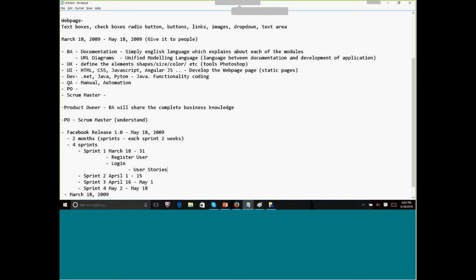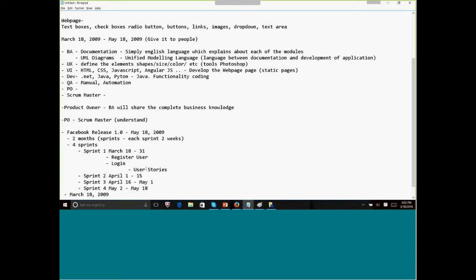Guys, this terminology is important. Basically a user story is nothing but a big task we are dividing into small tasks. So the user story of login would be create a web page and then create the UI with the text field of user ID, text field of password, and a login button. This is one user story. And the second user story would be develop a code to interact with the UI and with the DB. So like that, the Scrum Master will create the user stories.